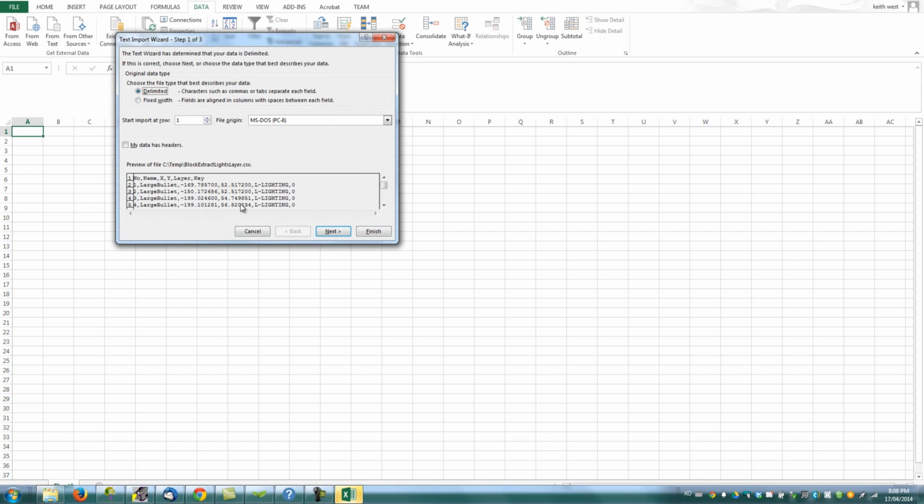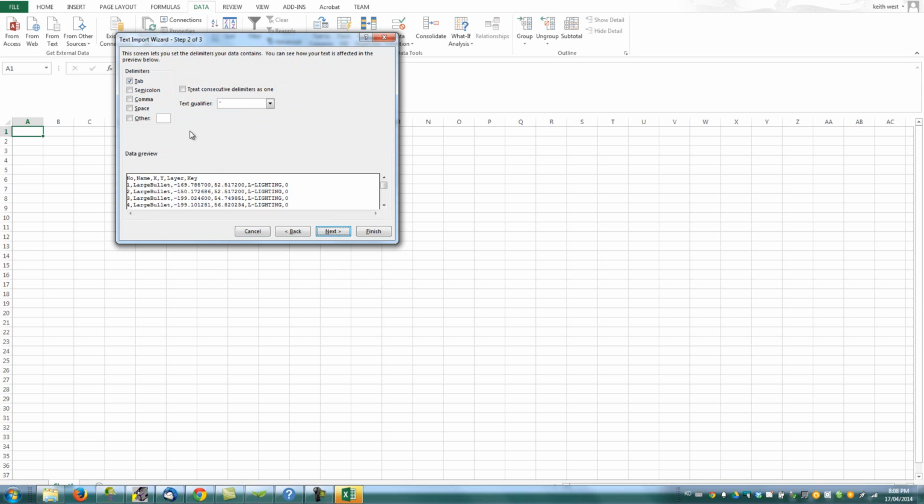The wizard will run, and we're asked to choose the file type that describes your data. Yes, we're using commas as a separator. My data has a header, so we don't want that header separated out in that way. We say next, and what is our delimiter? Our delimiter is a comma, not a tab. So we're getting a preview of how it may well look. Next,